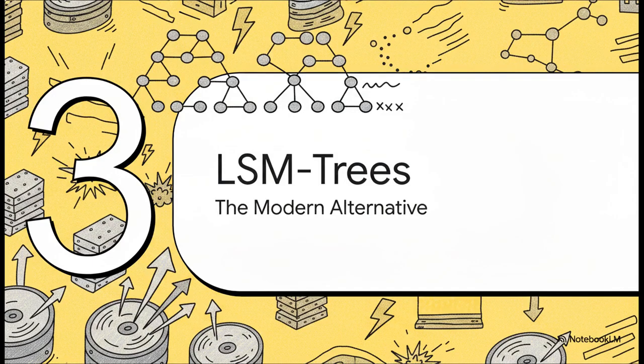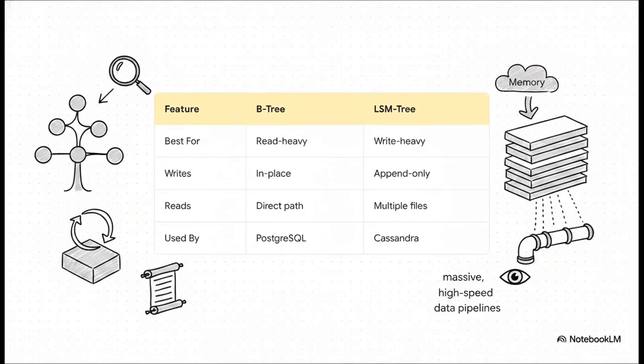Now let's look at part 3, LSM-Trees, which are the modern alternative. But what if your app is logging data so ridiculously fast that constantly updating those B-trees on the disk just becomes a massive bottleneck? Well, that's exactly where the log-structured merge tree, or LSM-tree, comes in. See, while B-trees are the absolute gold standard for read-heavy systems like Postgres or MySQL, LSM-trees are custom-built for write-heavy